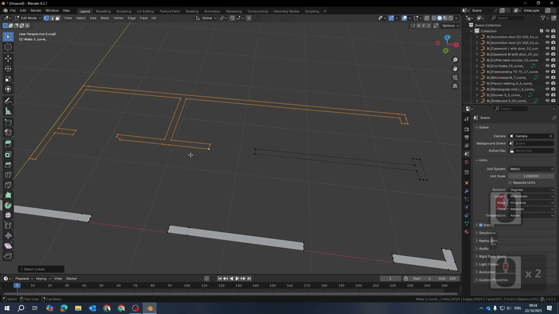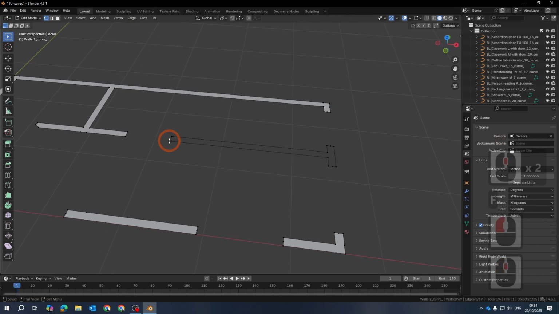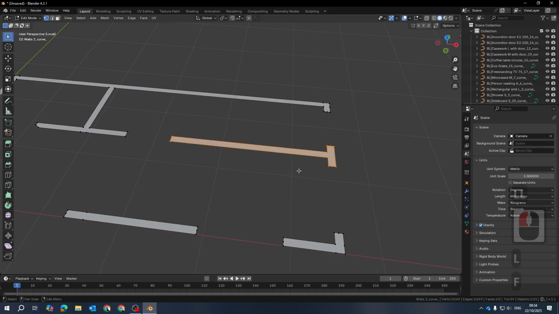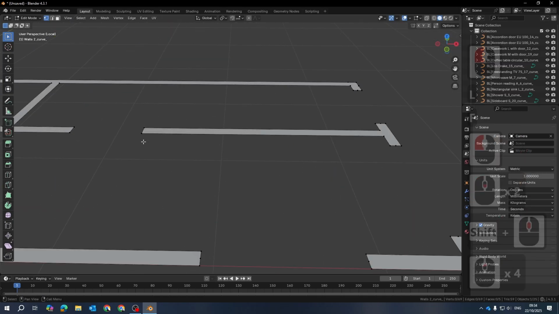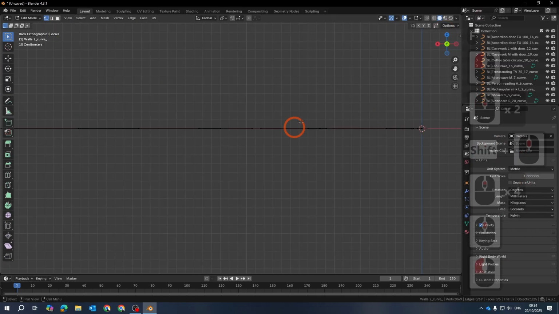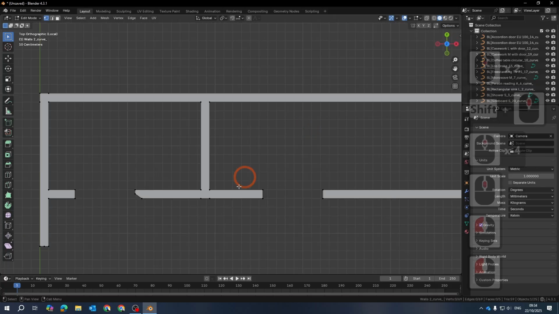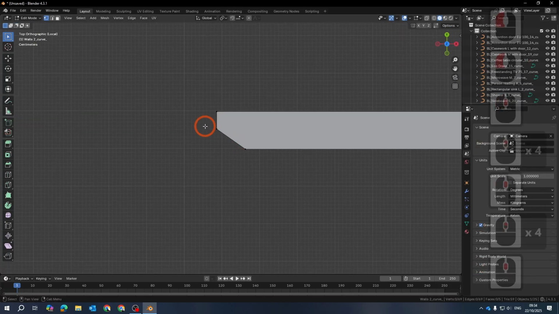So this is a shortcut. I can use fill again, and guess what? L for linked, it'll try and find all the linked vertices straight away and fill. So this was very quick and intuitive to go and create these walls. I will spend a bit of time and make a more comprehensive video on how to do this, but